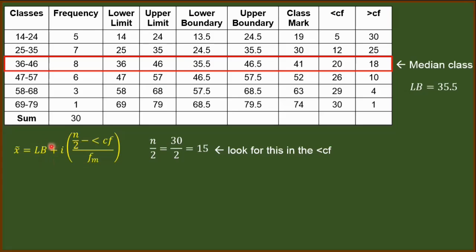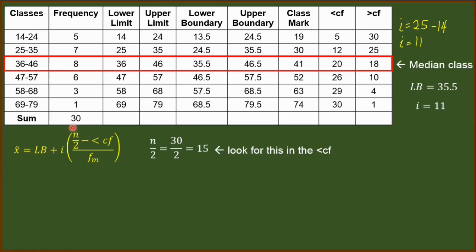Next, for the interval, or for i, we will just choose two lower limits and subtract them. Again, we will subtract 25 and 14, or any lower limit or upper limit of your choice. To find the interval, we will subtract 25 and 14. Again, I chose this arbitrarily. It's your choice. If you want to choose 58 and 69, you subtract them. The answer will still be the same. Our interval is still 11, and this is our value for i.